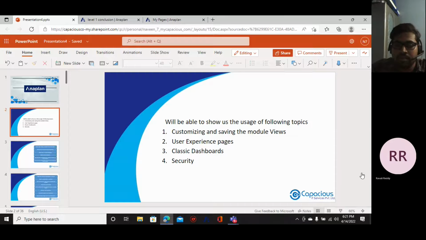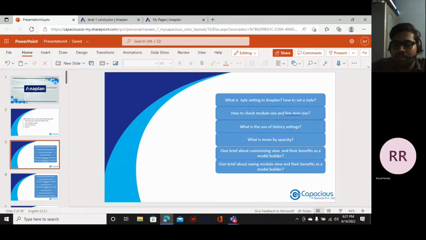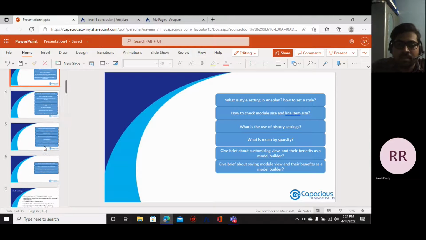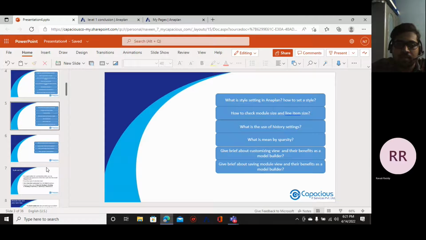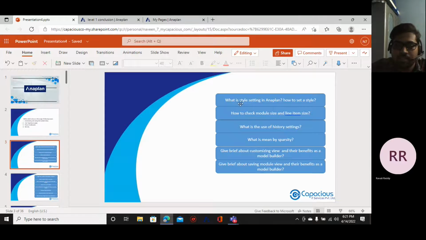The topics which we are going to cover are customizing views and saved views. Next, we are going to see the user experience, classic dashboard, and security. These are the topics which we are going to see today. And these are the questions, and I'm going to explain them in the slides too. While walking through the slides, after seeing these questions, we have style settings and how to set that,